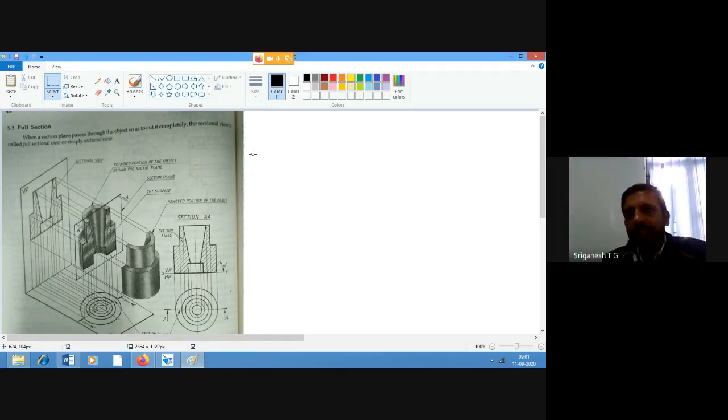Now there is another thing, where I will cut only one half of it. Sectional front view or sectional top view, I'll come to that later on. The other is quarter sectioning. For example, take a Cadbury chocolate. You have several blocks on it, some 9 squares or 12 squares, or 3 by 4 rows. Yes or no? Yes, sir.